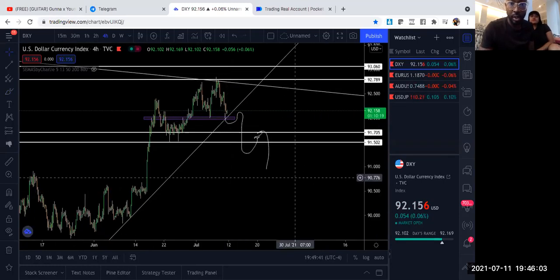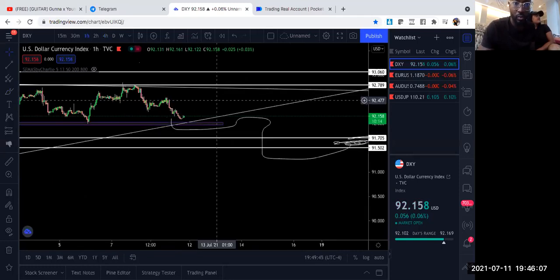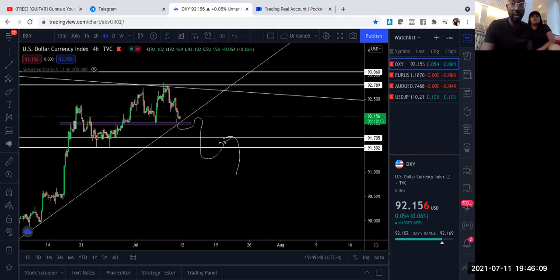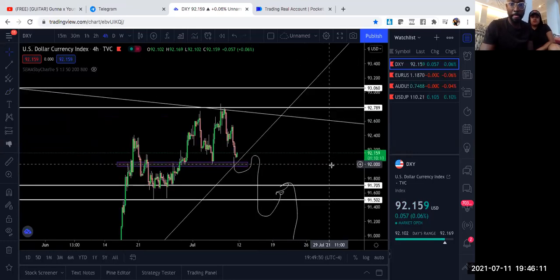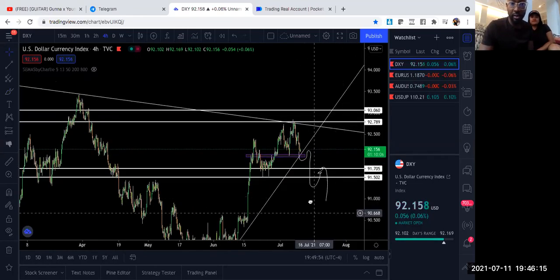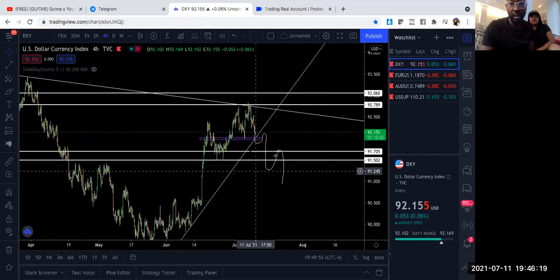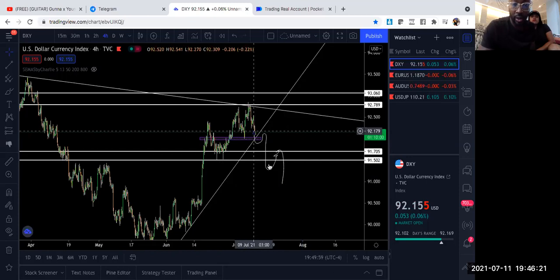All right. And yeah, I don't really need to go any further than that right now. So we're in a very, very key area right now. So this is good to understand, that we're in a key area right now. So all we got to do is wait and see. If I go to